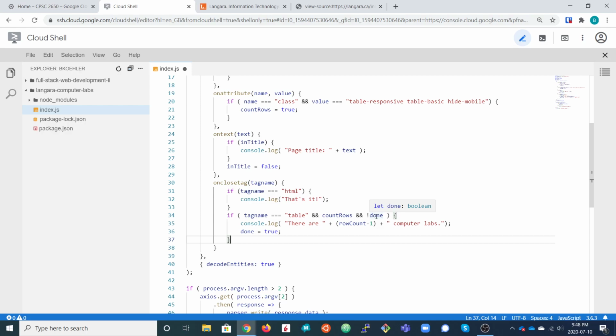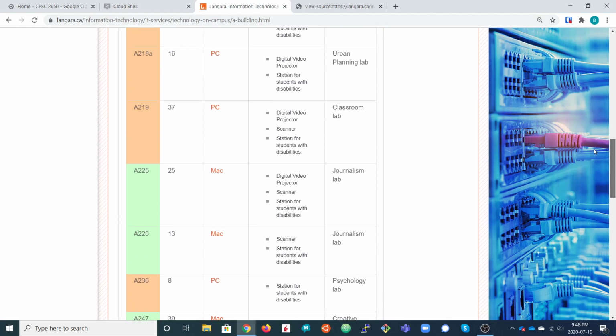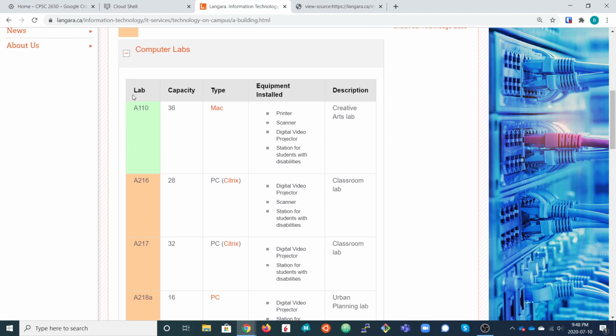We have counted up all the rows, and so now we can report out the number of computer labs in this building. And I'm reporting out the value of row count minus 1 because if you look at the actual table, there is a heading row as well. So that's going to be a TR element in addition to all the TR elements for the actual rooms.